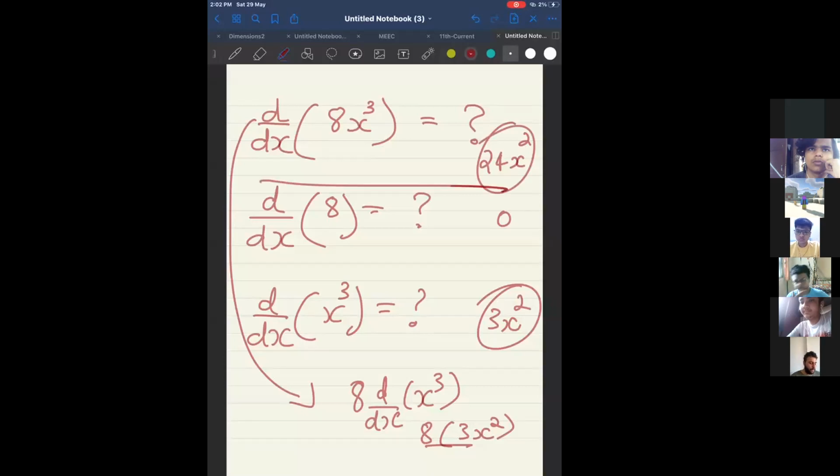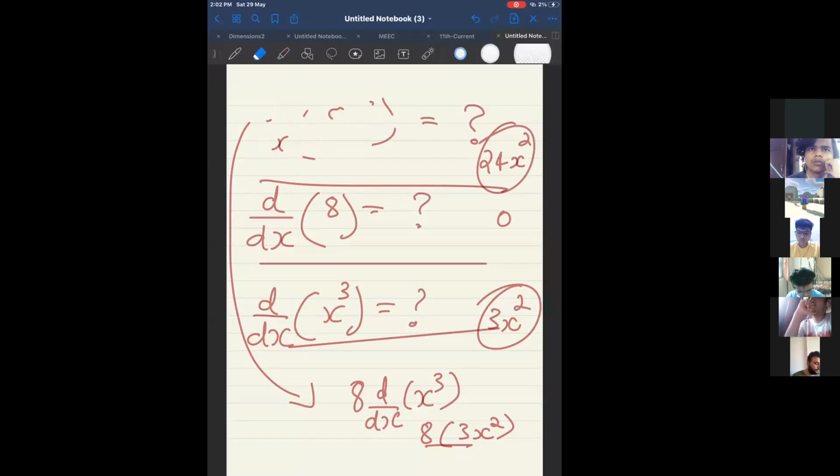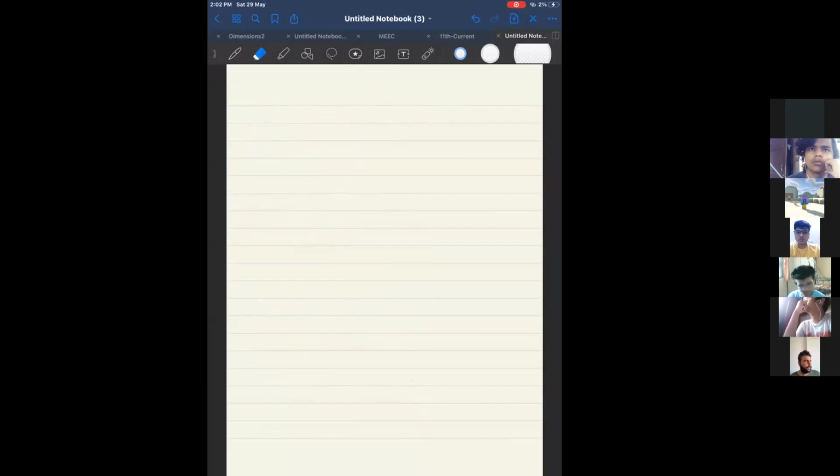Did you understand all three answers? Sir, I have another method. Can I share and show once? Tell me orally. Sir, instead of taking it outside, can't we solve by taking it inside only? We can continue, but for that you should keep in mind that the x will remain there, and then you can simplify. Like instead of taking 8 outside, we take 8x in the bracket and then 3 outside, so the answer will be the same, no? Correct. That method is correct.